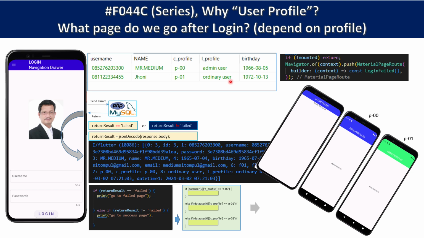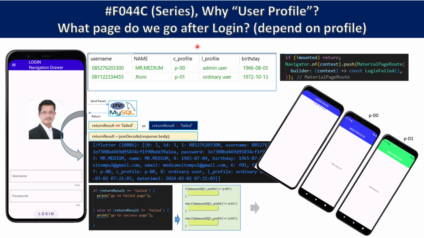Maybe the ordinary user menu has less than the admin user menu. Okay, this is what we are going to do.